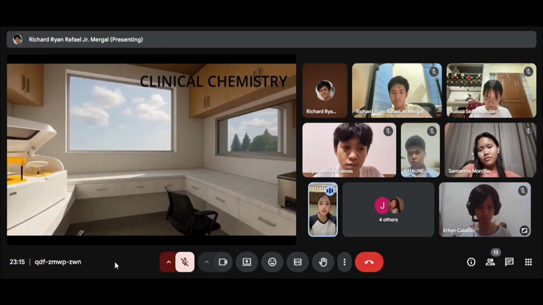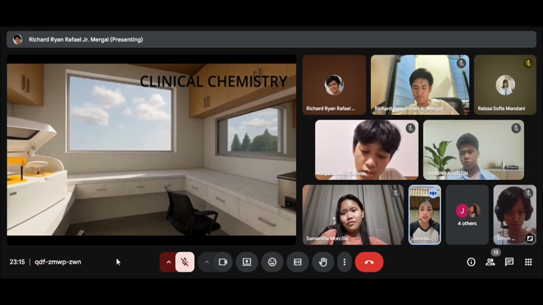The tests performed in here include glucose tests, which measure blood sugar levels, the kidney function test, which measures waste products to assess kidney health, hormone tests, which assess thyroid, adrenal, and pituitary gland, and other tests like protein test, lactate dehydrogenase, creatinine kinase, lipid profile, serum bile acid test, and amylase